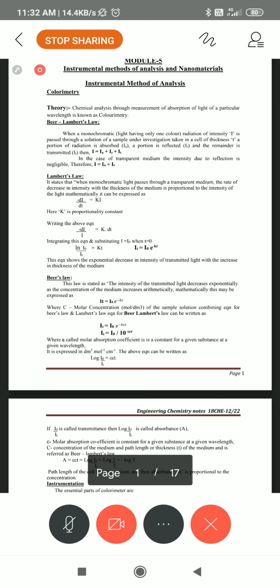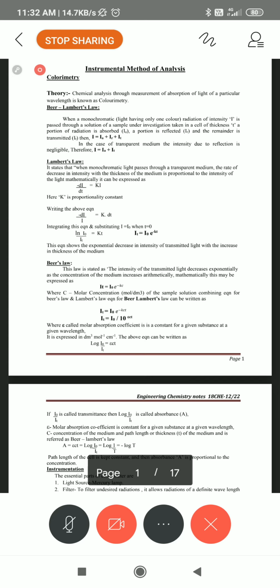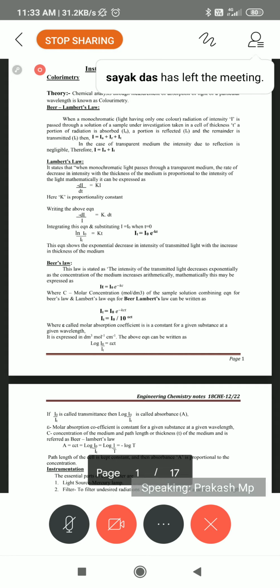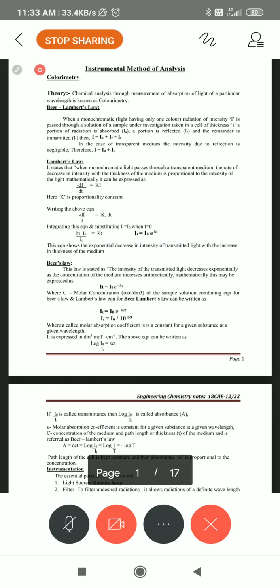So this word potential, potentiometry, these terms are very familiar to you because already you have learnt in the first module. In that first module, electrode potential means the tendency of losing electrons or gaining electrons, the metal becoming ions. Then we can call it an electrode, and we call it the electrode potential.